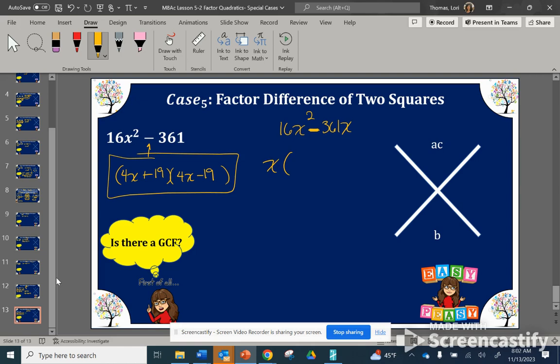I could factor out a 16 from each of these. And this would be my two factors, x and 16x minus 361. So just make sure that you recognize the difference of two squares means both terms are perfect squares. 361x is not